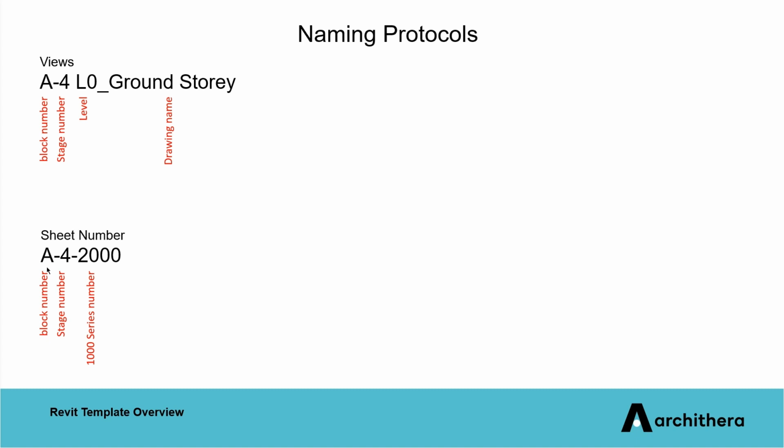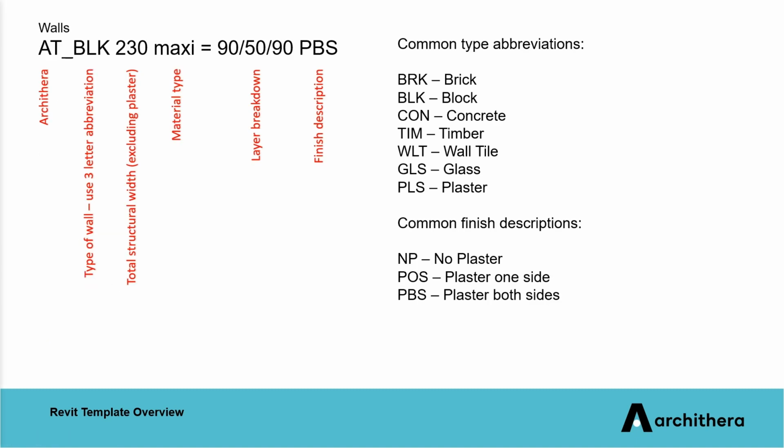So for the sheet number, it's the same system. So you start off with the block number, then the stage number, and then that 1000 series number that you can get from the document index as well. And then if I move on, so for the wall naming protocol, we started off with the Archithera,